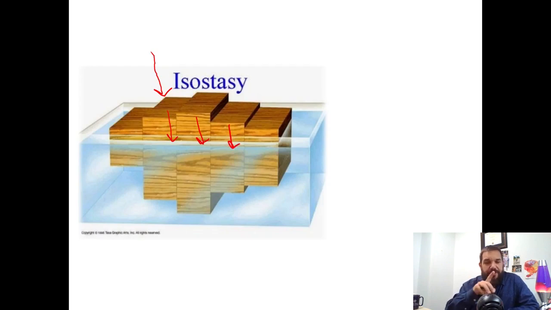Now, the mantle is not liquid, but you'll see later that it is liquid-like, even though it is totally solid. So the crust literally does sink into the mantle and literally floats in the mantle, even though the mantle is a solid. But if it were denser, it would sink deeper,